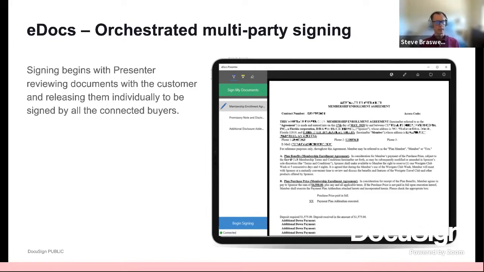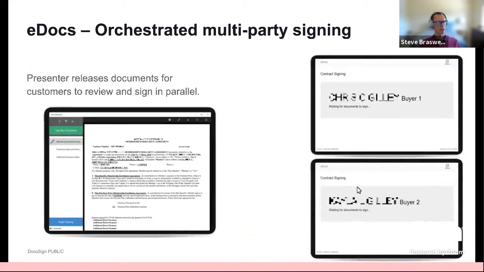They just show the person's name because they're waiting for a document to sign. So once we see the next slide, you'll see what the presenter is seeing plus what the buyers are seeing. So buyer 1 and buyer 2 over there are waiting for contract documents to come their way. And while the presenter is discussing with them the terms of the agreement, making sure they understand this document, what they're seeing in the presenter app is a